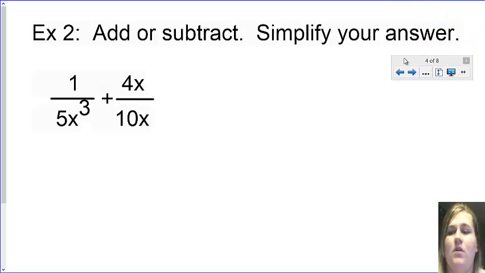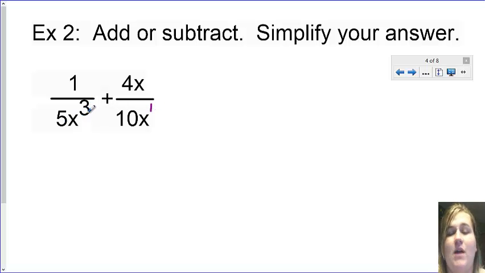On example 2, it wants us to add or subtract, simplify our answer. Now on this one, I don't have a common denominator, okay? I have 5 and 10, I have x to the third and x. So I want to have it exactly the same. So for the numbers, for my coefficients, to make this 5 into a 10, I need to multiply it by 2. And to make this x to the first and x to the third, I need to multiply it by